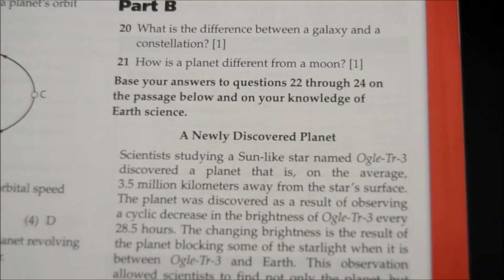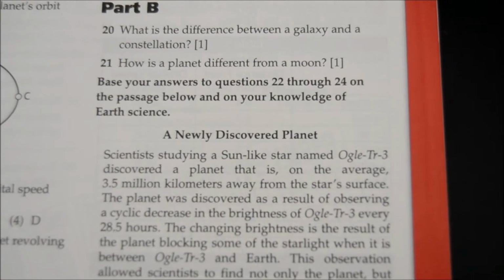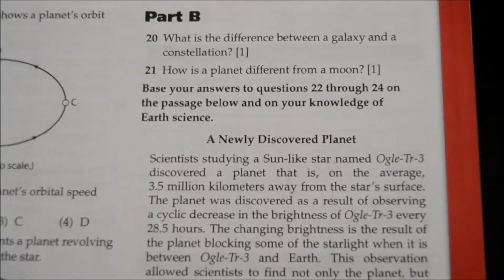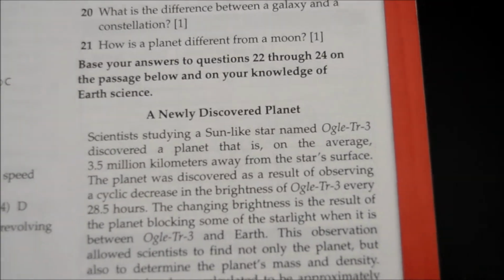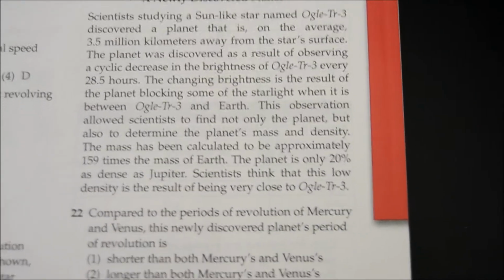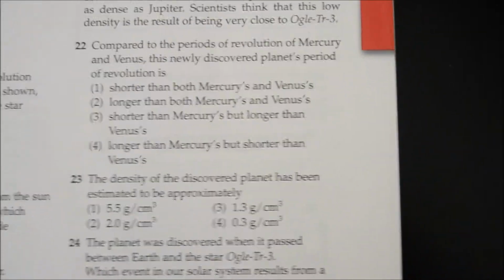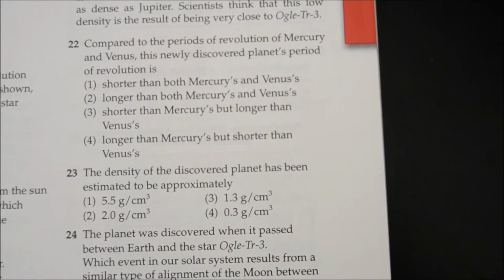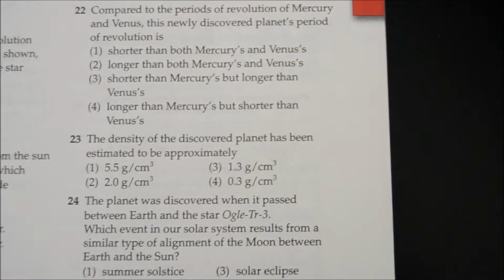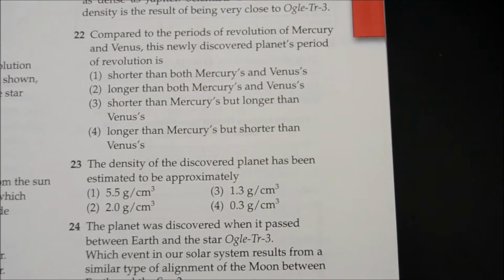Number 21. How is a planet different from a moon? All right, the planet orbits the sun, whereas the moon has to orbit the planets. Next is the newly discovered planet; you guys have to do a little reading on that one. And then number 22. Compared to the periods of revolution of Mercury and Venus, this newly discovered planet's period of revolution is... So if you're reading it,